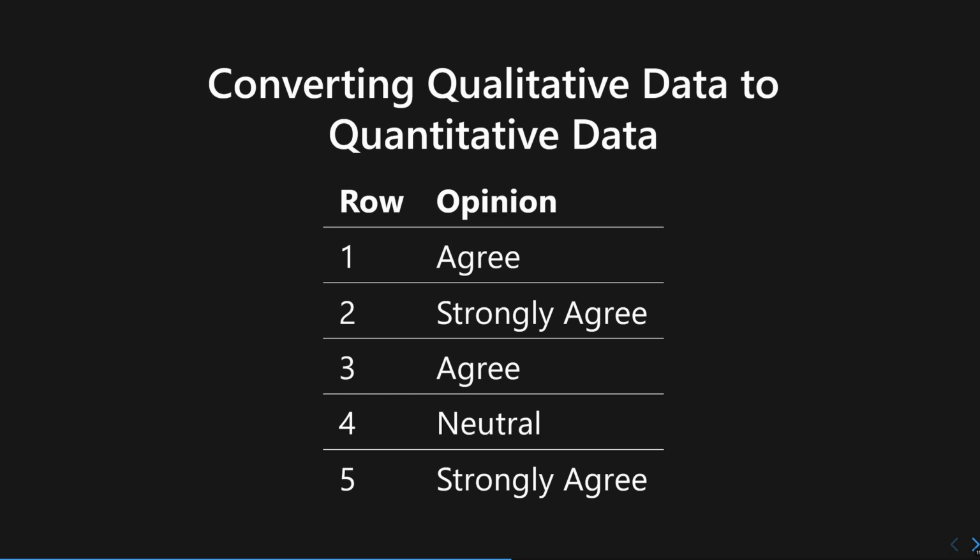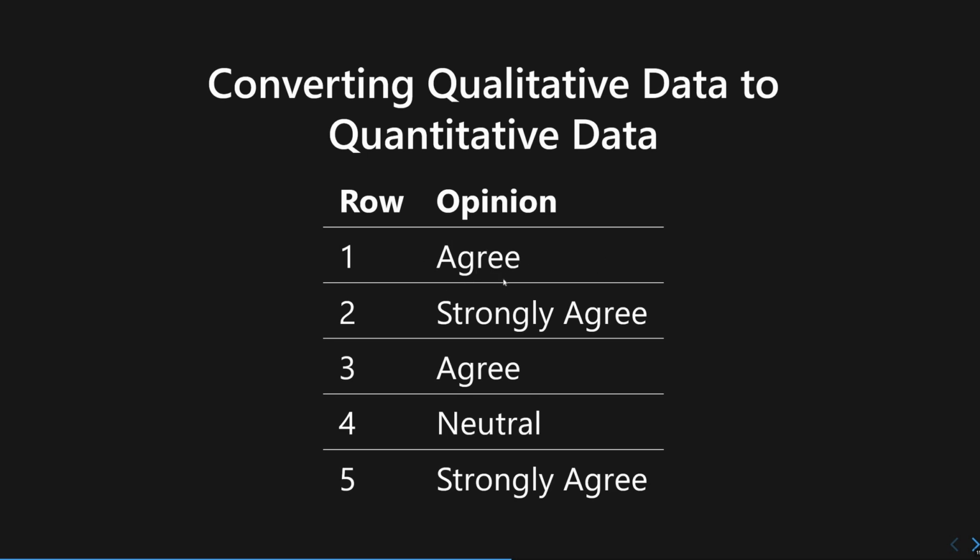So this table right here shows respondent data, and let's say you want to find a way to convert opinion into quantitative data. Maybe it would be interesting to look at the overall opinion of all of the respondents. So you need to find a way to combine all of these opinions into a single measurement, for example. One thing that you can do is convert all of these into counts.